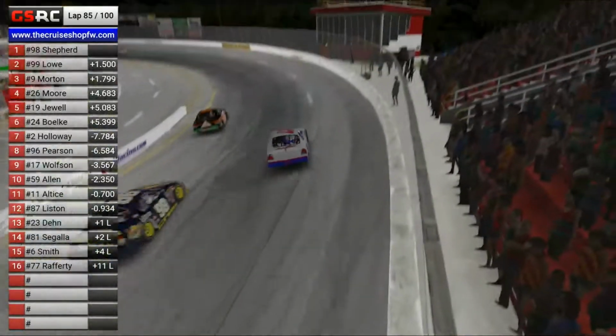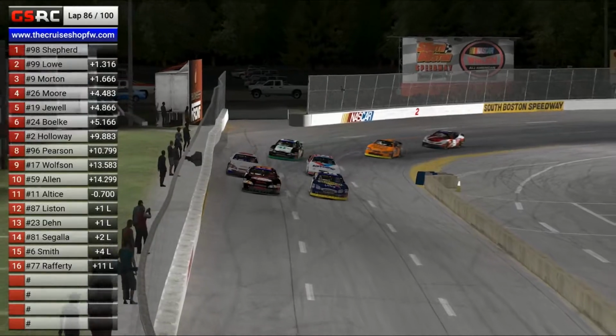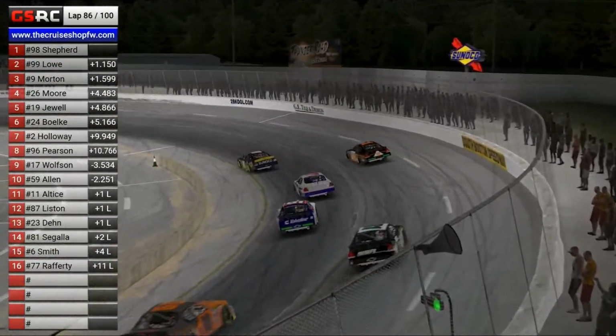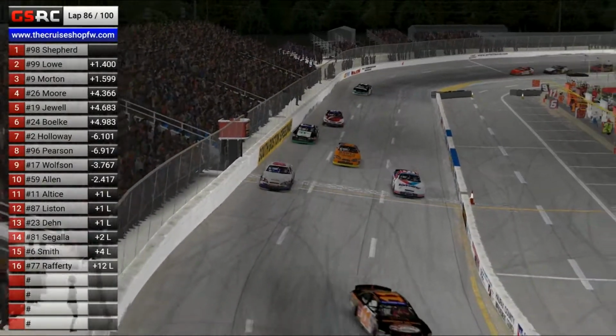It looks like Altice will move ahead of Liston. That's going to open the door for JR. But JR now finds himself a little bit boxed in there, so he's going to probably lose a little bit of time coming off the corner there just because he had to wait for Altice to get out of the way. Altice does get out of the way. Now Liston's trying to get the inside of him, and he gets into the wall